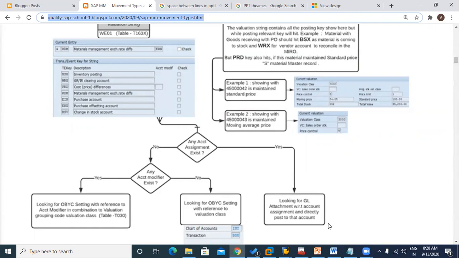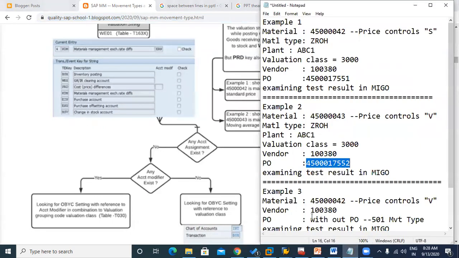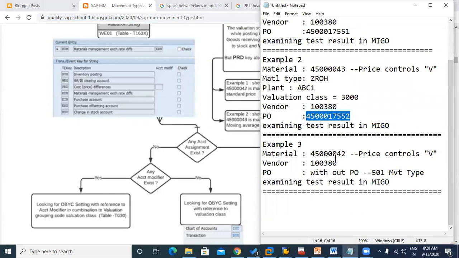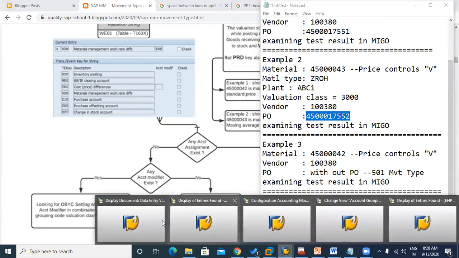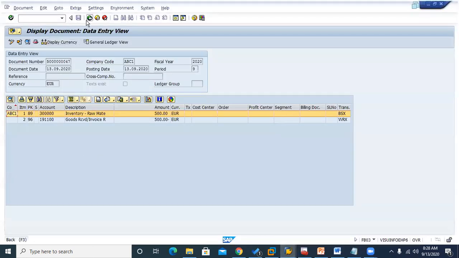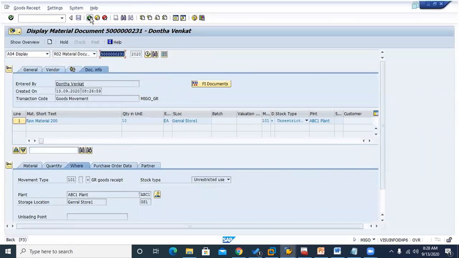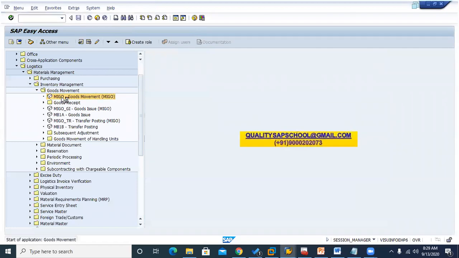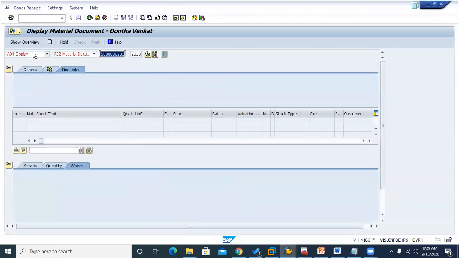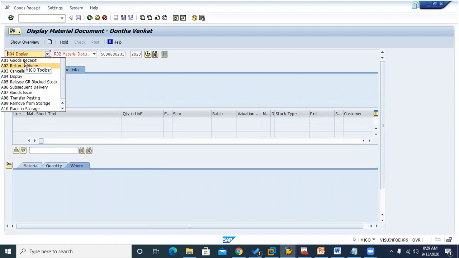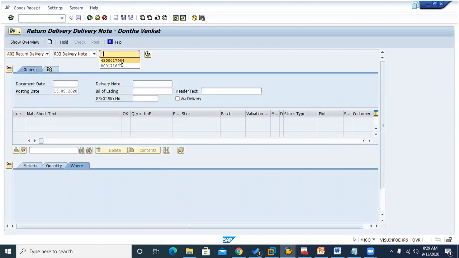So for that I have to post the third one. This time we are going to directly post the material, without any purchase order. I'm going back again quickly because the video has become lengthy, but even so it is a very good concept for understanding.